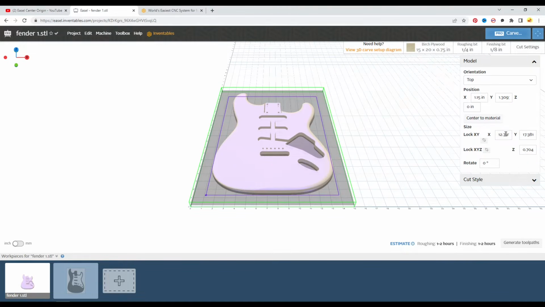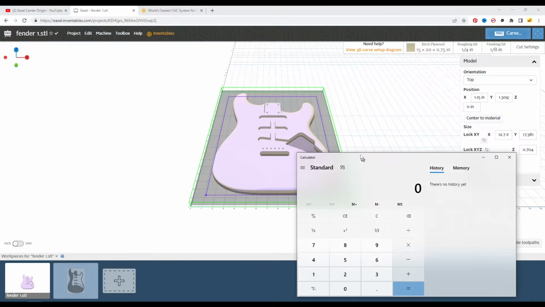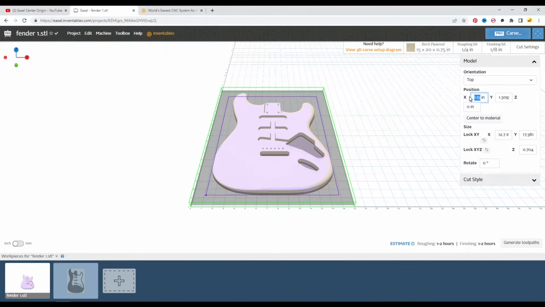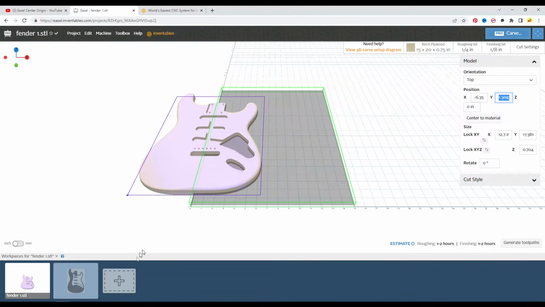So the first one involves taking your X value here of your model size. So this is the model area, and this is the size. This is the size that you see for the purple, the actual model, right? So we're going to take that 12.7, and we're going to divide that by 2, and we get 6.35. We're going to just type that in here. We're going to put a negative in front of it, so we get negative 6.35. And if we repeat that with the Y,